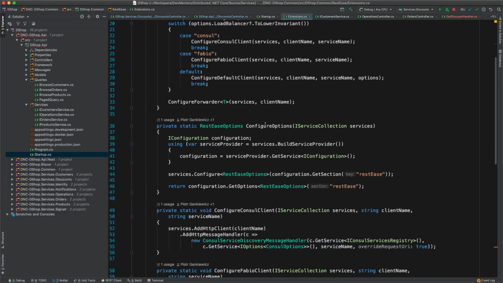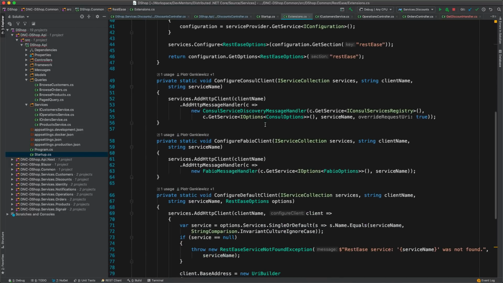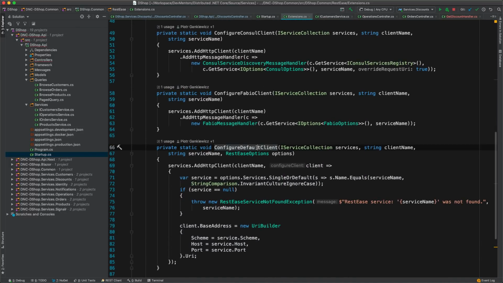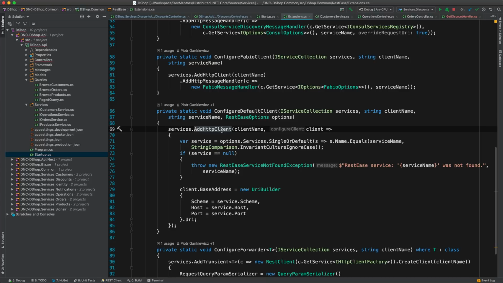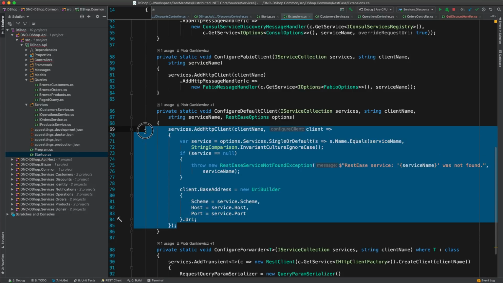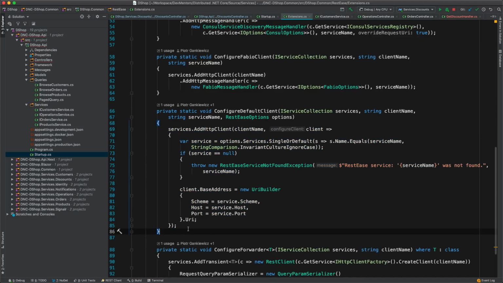But by default, if you take a look at this configure default client, it just creates this HTTP client, registers the scheme, host, port, and that's it. So this is the whole magic. In the interface, you only provide the endpoint and the host part. So whether this is HTTP or HTTPS, and the port and the host part is delivered from the